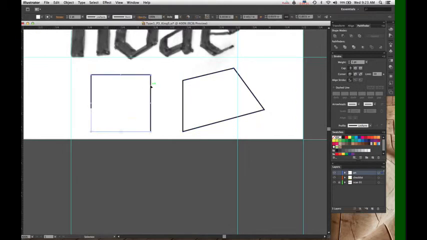In Illustrator, you can have strokes and fills. You'll notice down here at the bottom of the toolbar, we have two color boxes. This one is fill, this one is stroke. You also have them up here, the fill and the stroke. The stroke is the outline color. So for this one, if I want to make my outline red, there we go. I make my stroke red. I'm going to make it thicker. And if I make my fill